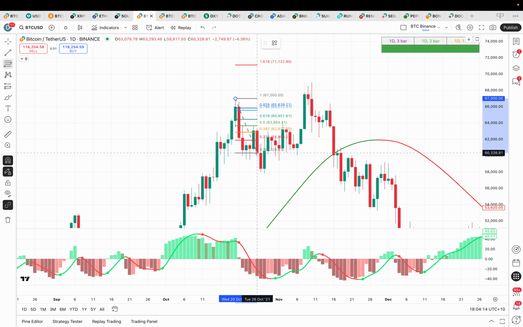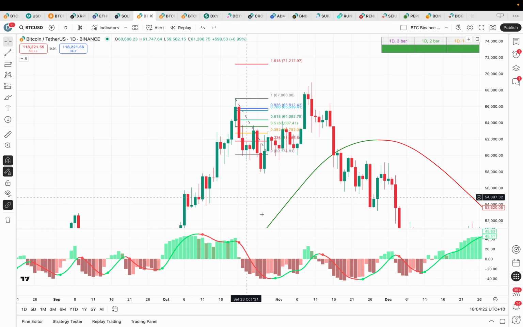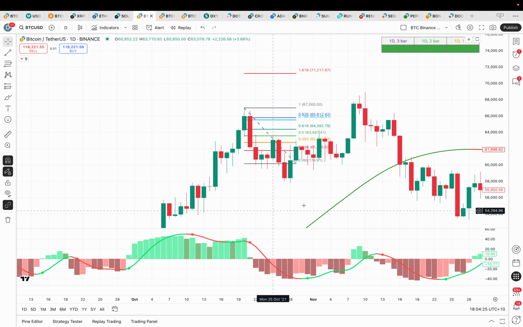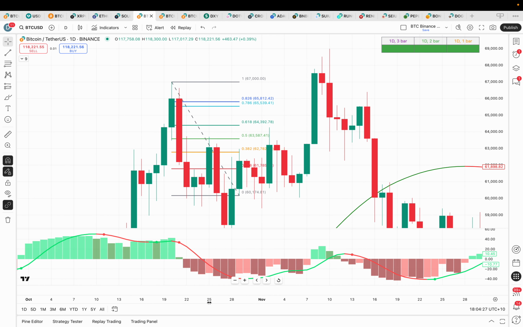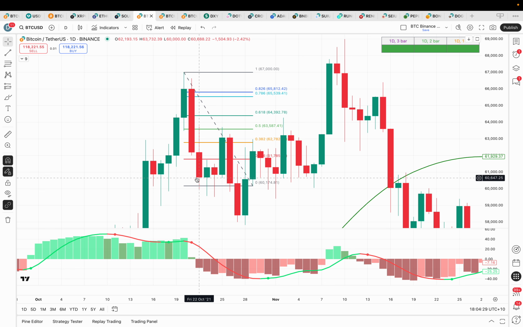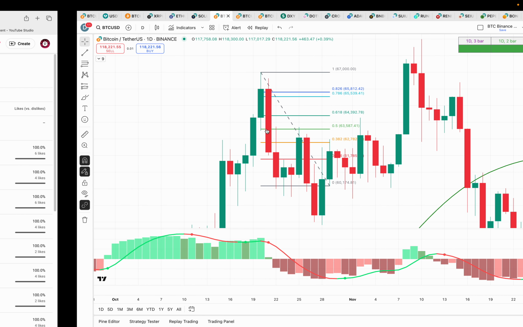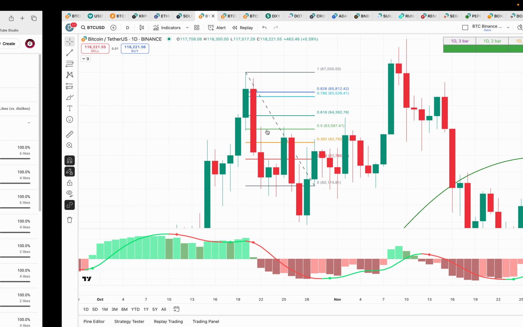If I pull up my fib retracement tool, you can see we've pretty much failed almost exactly on that short-term 50% level. If you watch Michael Pizzino videos, you will know how important the 50% level is. So we've seen a failed retest. Now, if you watched Michael's video today, he talked about that level for this cycle being